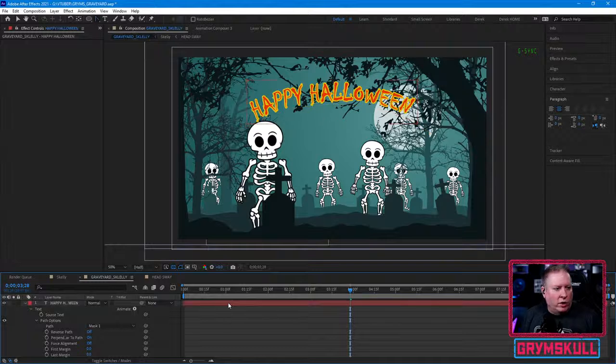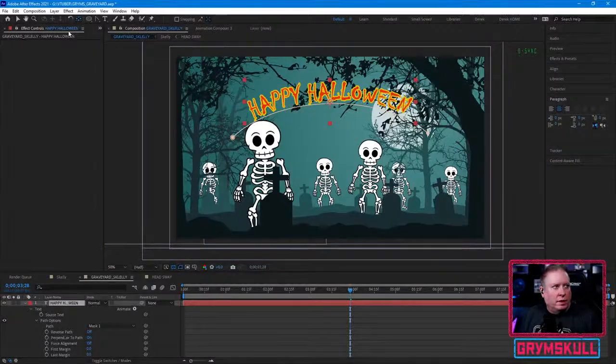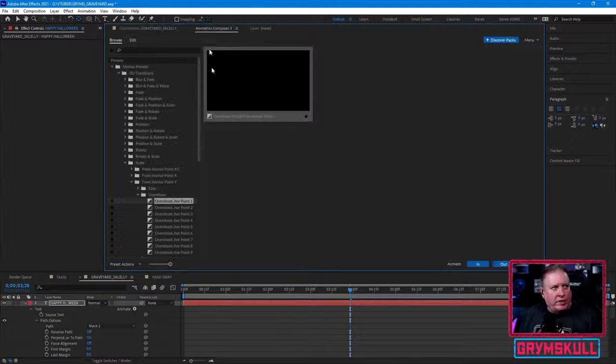I am then going to take my anchor point tool, and there it is. There's the anchor. I am going to move my anchor point down to here, but then I'm going back to my animation composer,